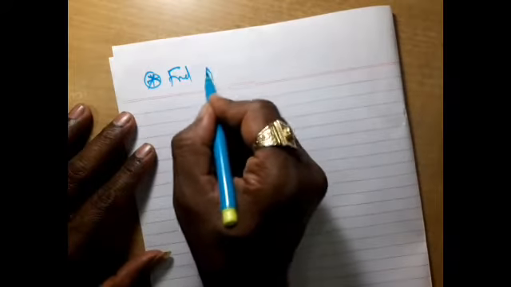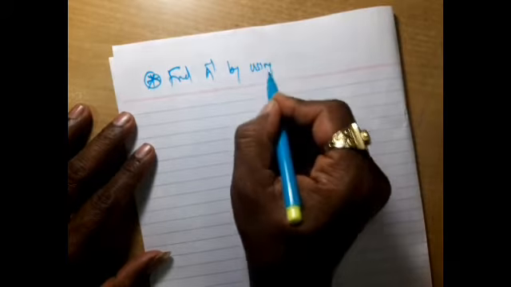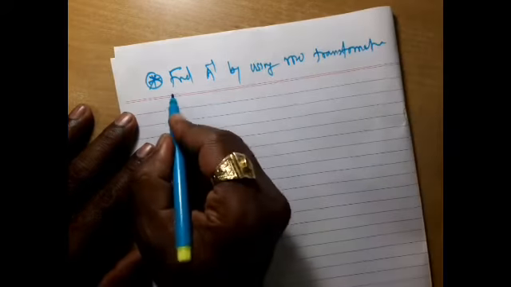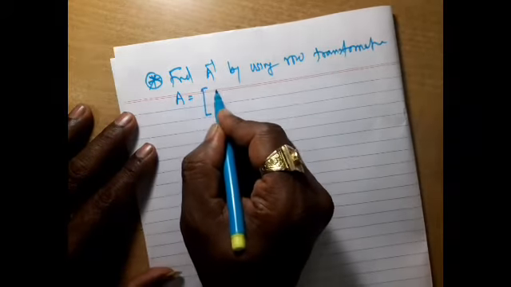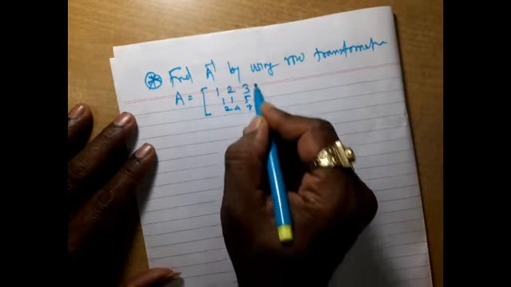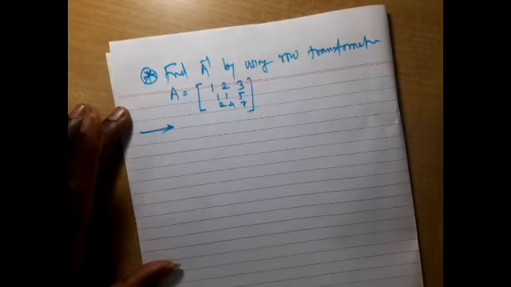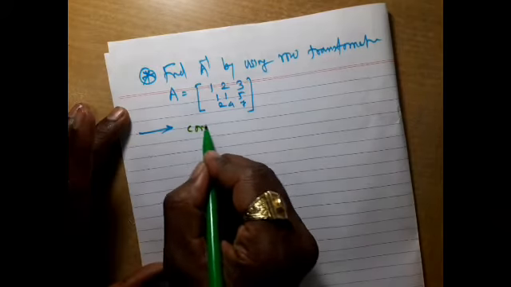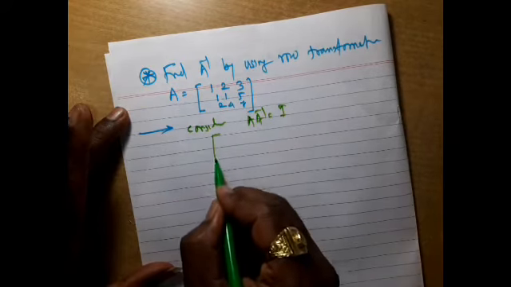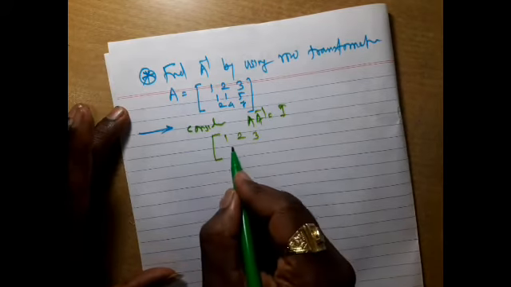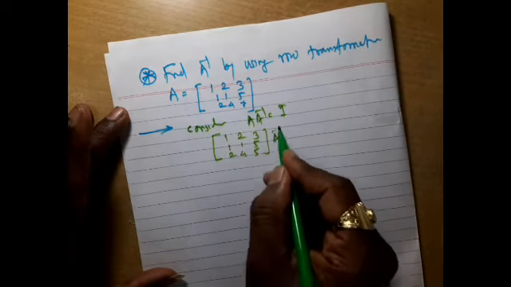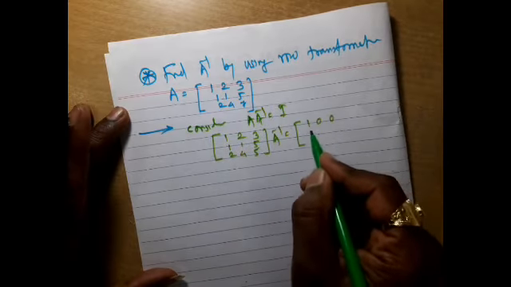Find A inverse using row transformation of the matrix 1, 2, 3, 1, 1, 5, 2, 4, 7. Consider the equation AA inverse is equal to I. So it is 1, 2, 3, 1, 1, 5, 2, 4, 7, A inverse equals 1, 0, 0, 0, 1, 0,